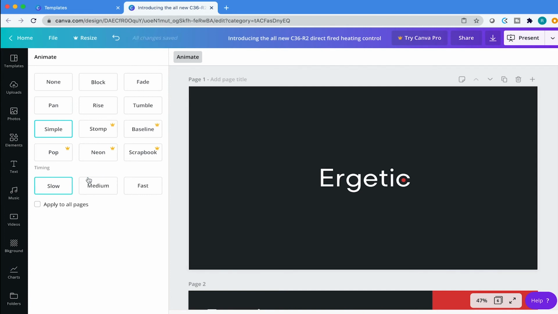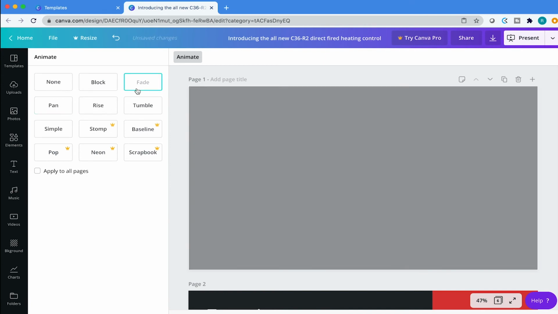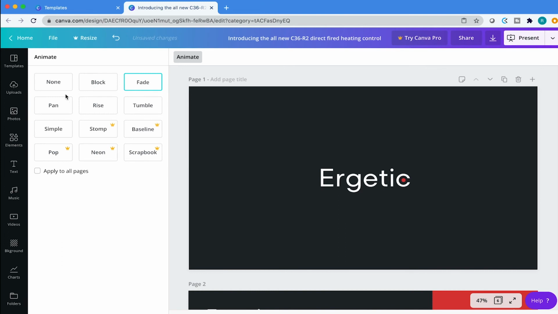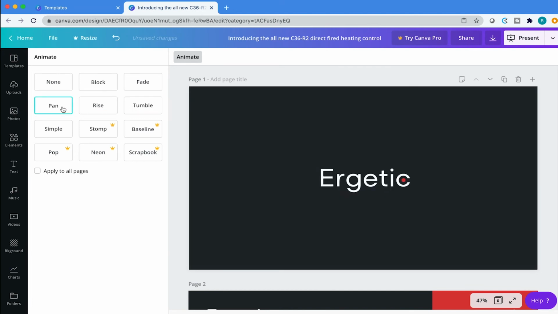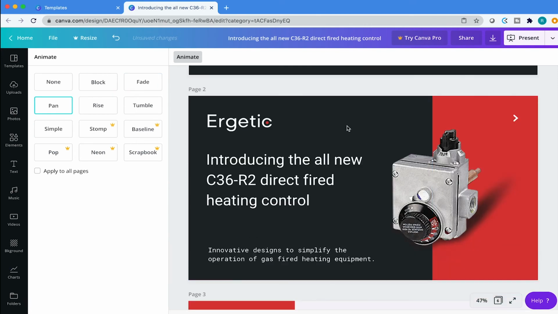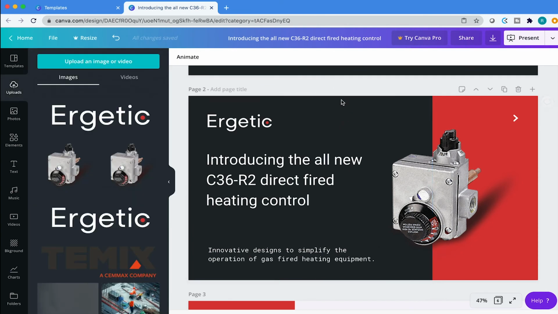So I'm gonna do slow, and then I want mine to pan. Or actually, I want it to rise. No, I want it to pan, fade. I don't know, but as you see, as I select it, it shows you what the transition is gonna look like. I'm gonna do pan, guys. We'll do pan. So we have pan going on, and I'm gonna come over here now,